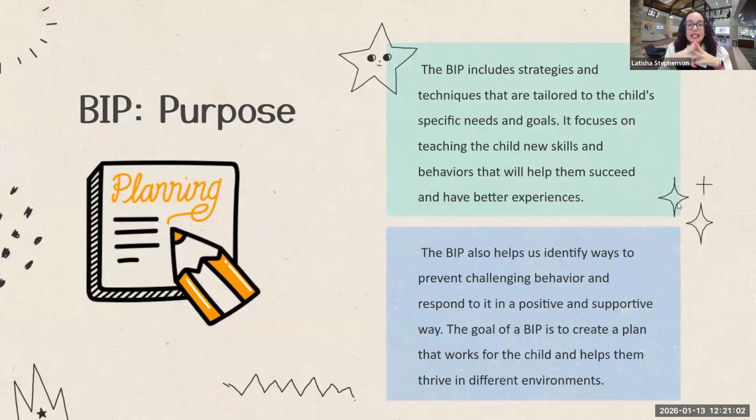So this plan, this BIP, may look a little bit different from school to school because the IEP systems we use, the computer systems we use to write our reports and create our documents can vary from district to district, but the components of the BIP should be very similar from district to district. We should see an identified target behavior or two, so a couple of behaviors that are really concerning. And we should be able to see what are the behaviors we do want to see. Those are called replacement behaviors. What are the behaviors we want the student to engage in?